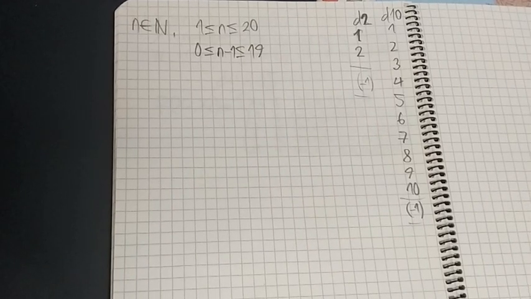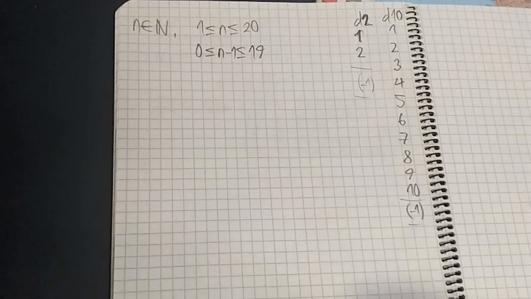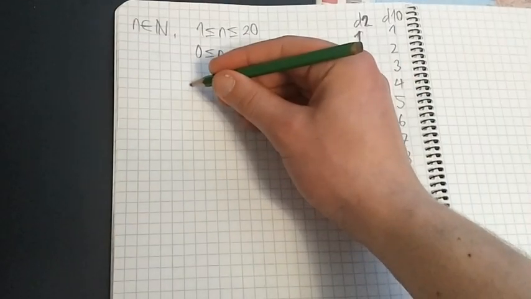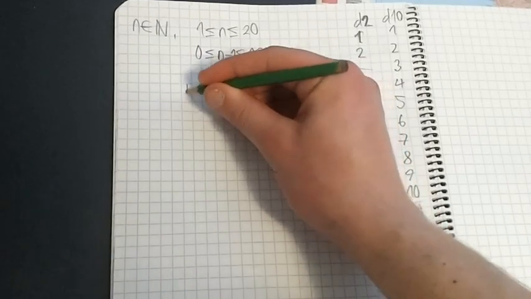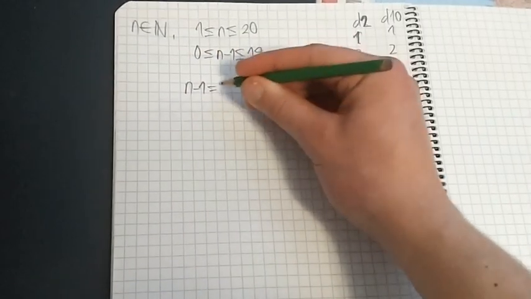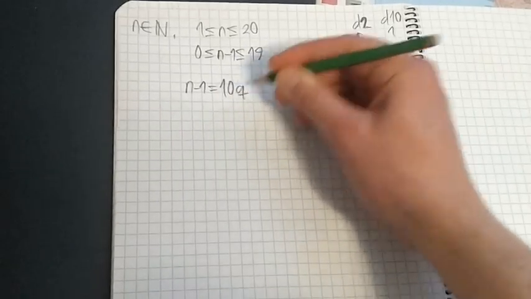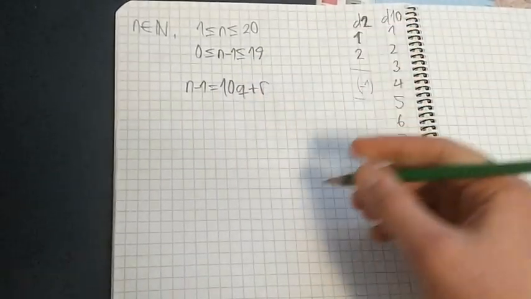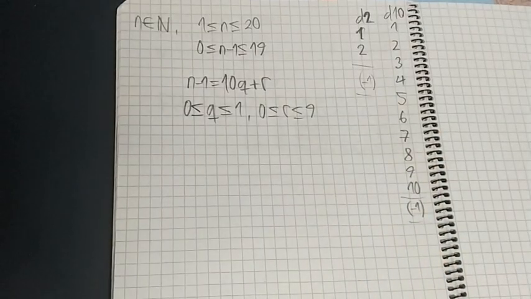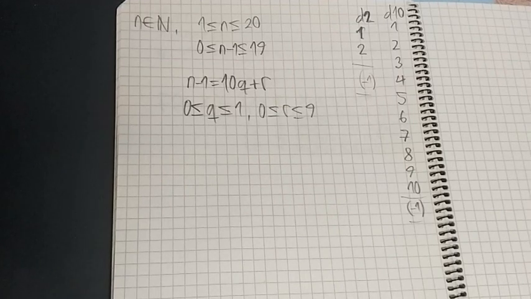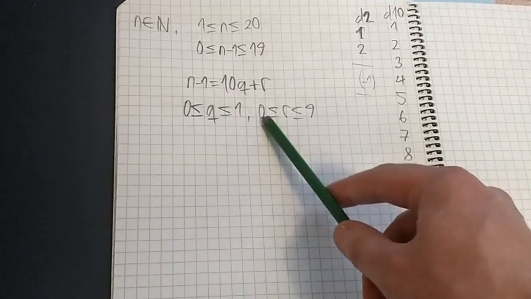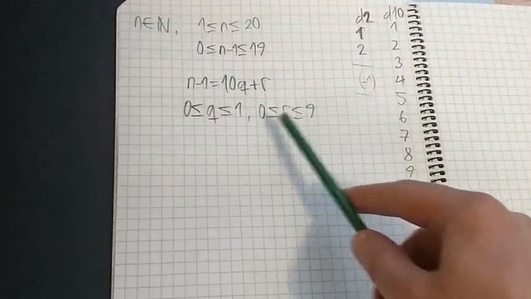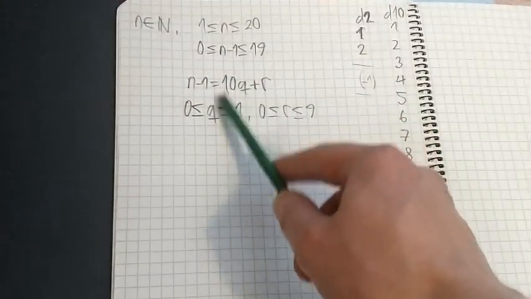Now, according to the division algorithm, there exists a unique pair q and r such that n minus 1 is equal to 10 times q plus r, such that q is an integer between 0 and 1 and r is an integer between 0 and 9. The fact that we get this in a unique way